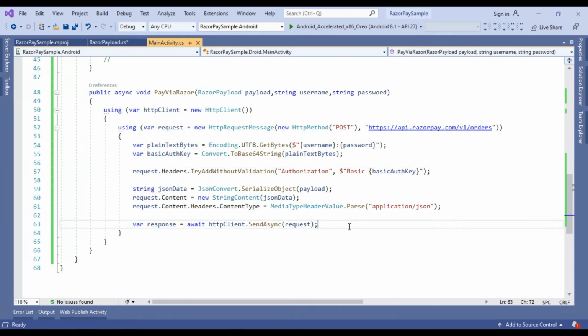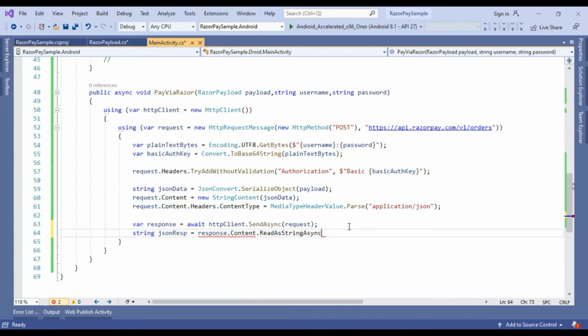Okay, so after successfully getting the response, we need to convert this response to a JSON string. So here I am taking a simple JSON response equals response.Content.ReadAsStringAsync. We need to pass this response here, and it is an asynchronous method, so we need to use the await keyword here.